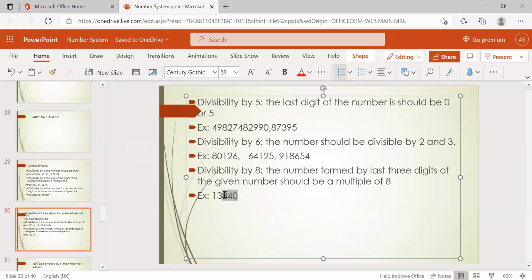The last three digits, so 840. 840 is divisible by 8. Check that one. It is divisible by 4, right? Sorry, 8, right? So 840 is divisible by 8. Okay. So the entire number will be divisible by 8. And for example, another one. Take another example.